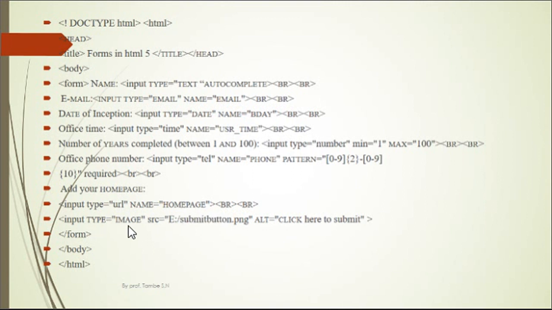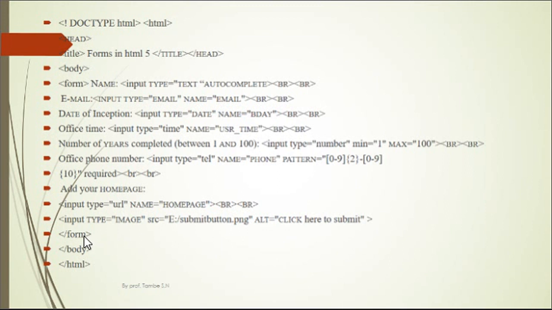Next one is input type is equal to image. So for the submit button we are going to insert the image. So that is input type is equal to image. The source of that image is submit button dot whatever the button or whatever the image we want to insert, we can write the path of, or we can write the source of that image over here. Next we have to write the alternate, that is click to submit form.